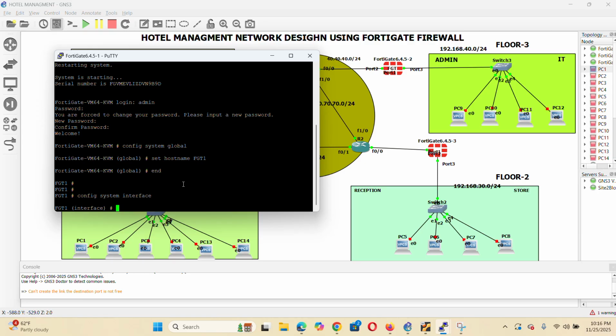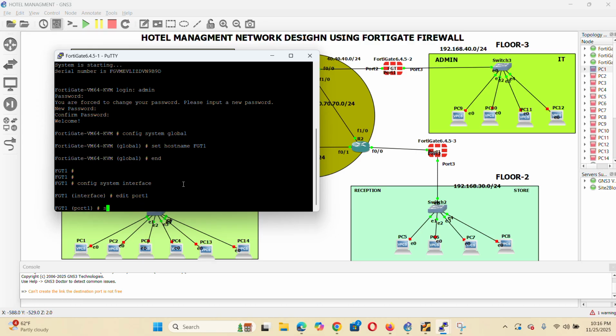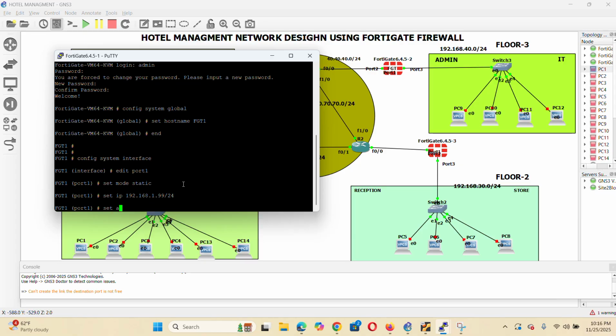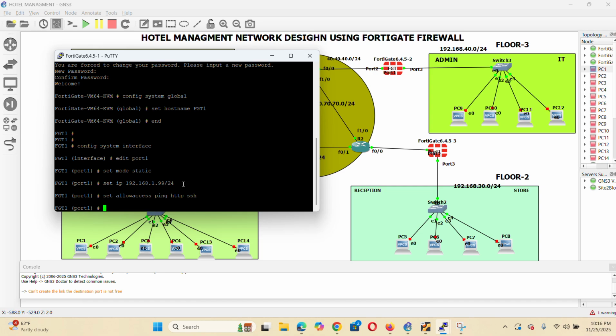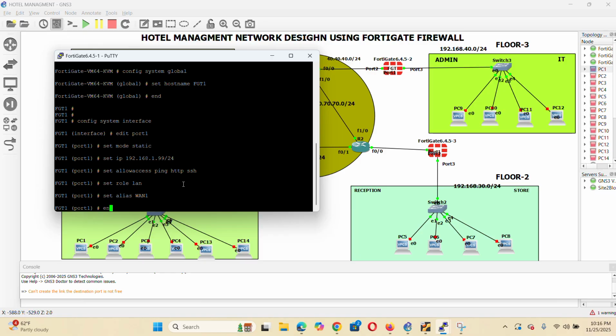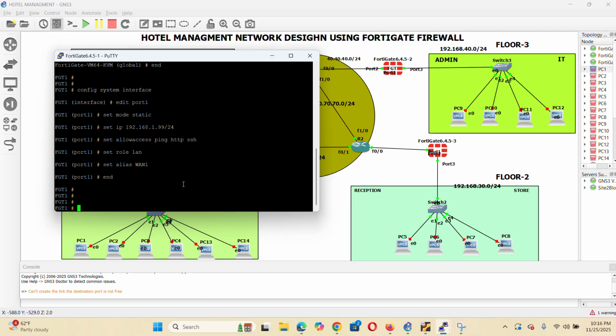Config system interface, edit port 1, set mode static, and set IP address 192.168.1.99/24. Set allow access ping, HTTP, and SSH. Set role LAN and set alias WAN1. Then end. Now we finish the initial configuration